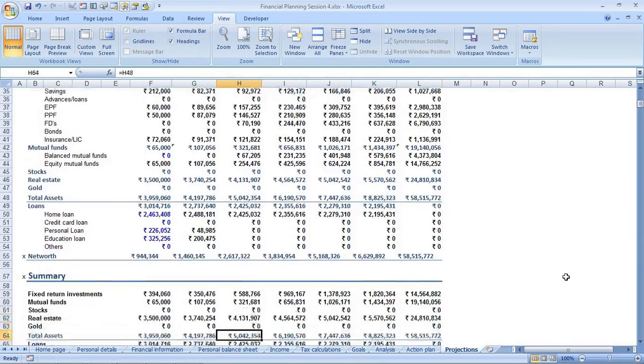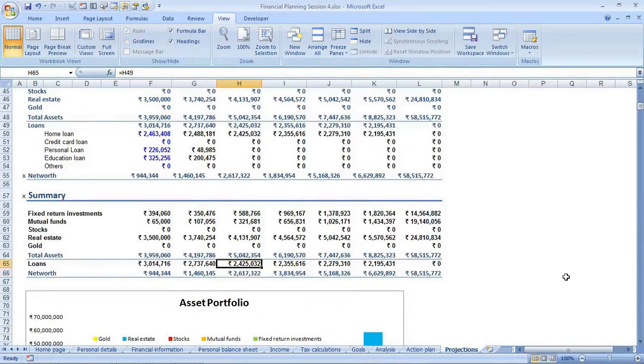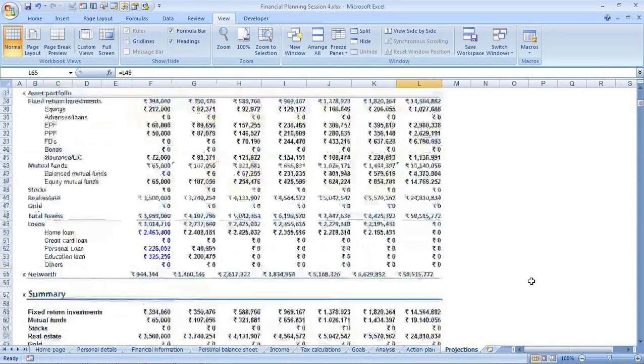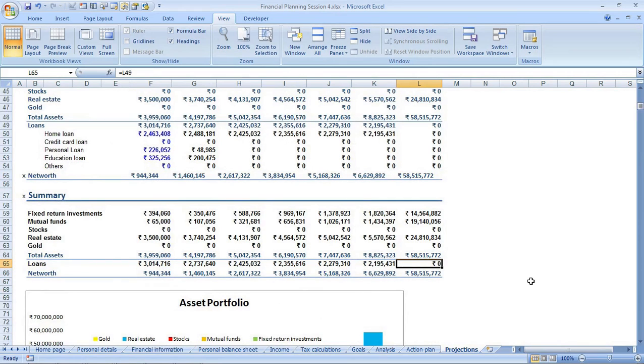And yeah, now we have got the projected financials for this guy. So initially, currently he's having 35 lakh worth of house and loans of 30 lakhs, which will be reducing to 27 lakhs in this year and reducing it further. By 2035 you'll be paying all the loans and